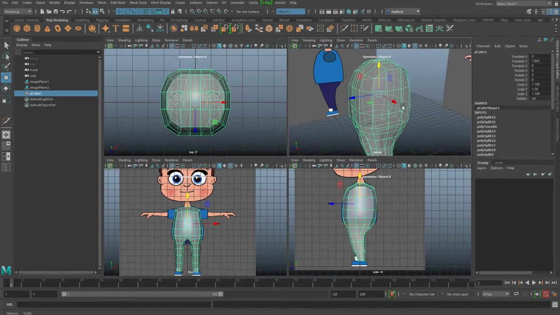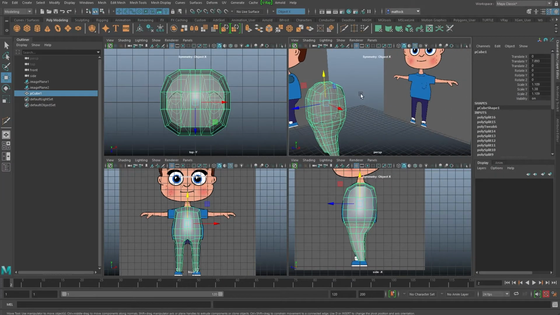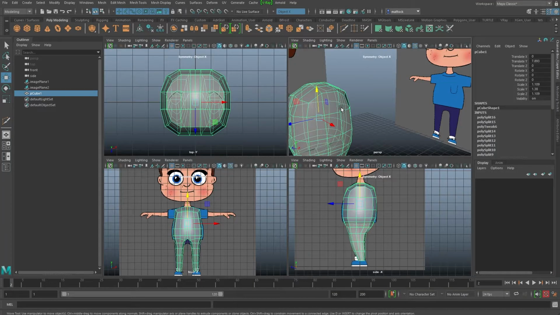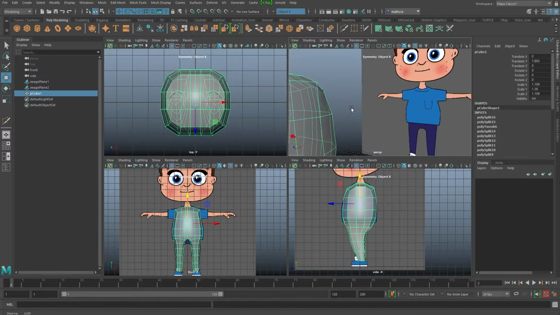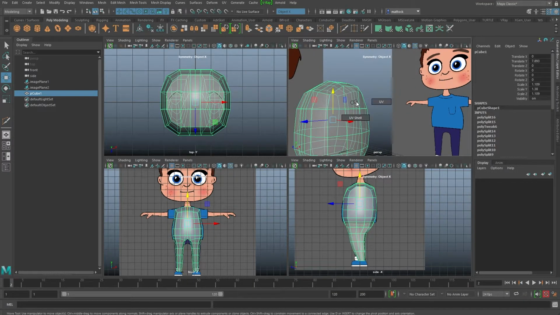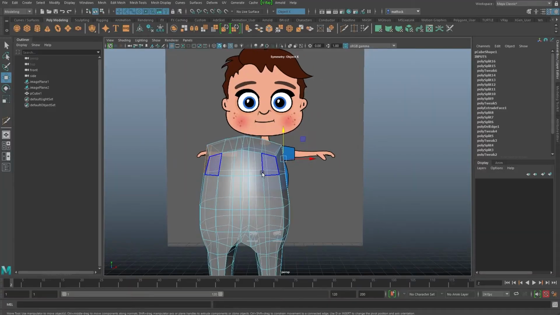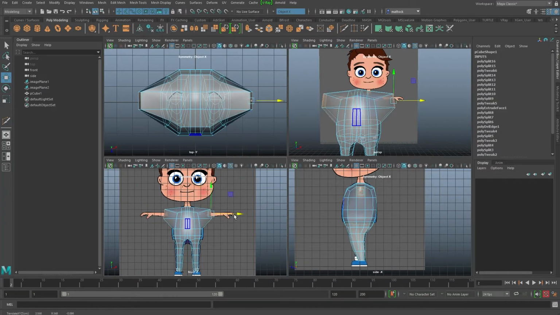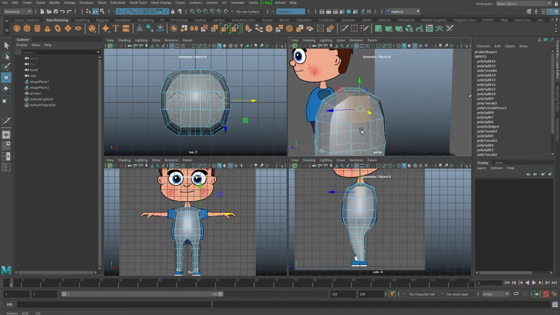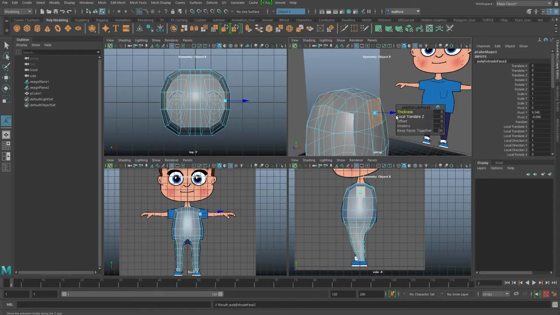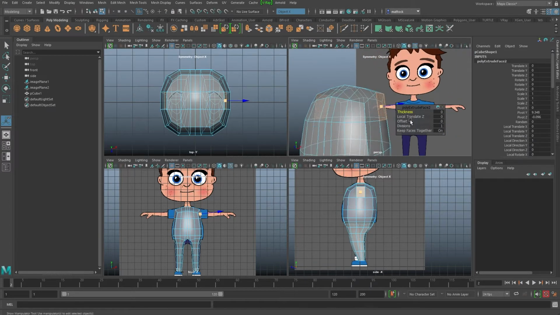I'm going to go up to here, and we're going to extrude some arms out. So we want this to come from the top. So let's go face select. Go into this view. Let's see, the arms are going to come out from there. Yep, that is a good point. So again, either hit your extrude or hit Control E, whichever way you want to do it. And we're going to move.